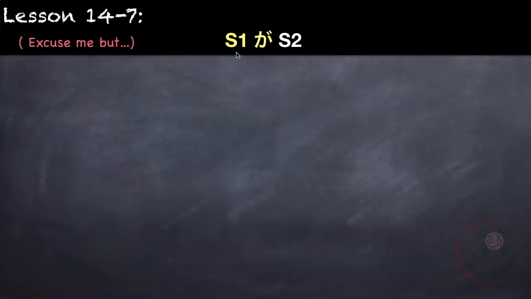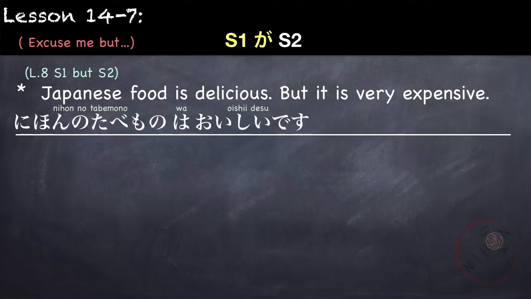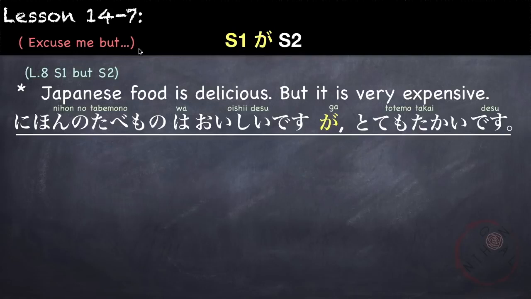Next is the pattern S1 が S2. In lesson 8, we've learned that が is also used to connect two sentences. For example, Japanese food is delicious, but it is very expensive. 日本の食べ物は美味しいですが、とても高いです。In lesson 14, が is attached to the word excuse me, which are 失礼します